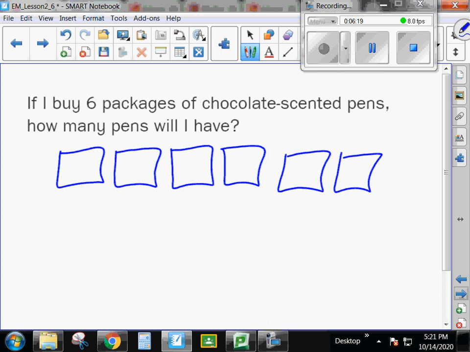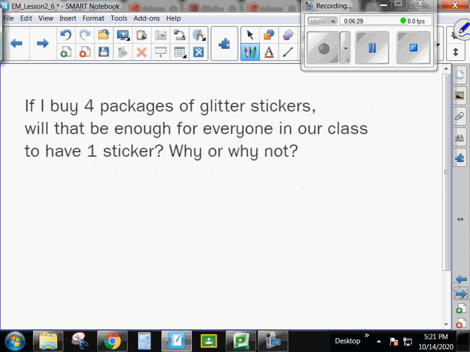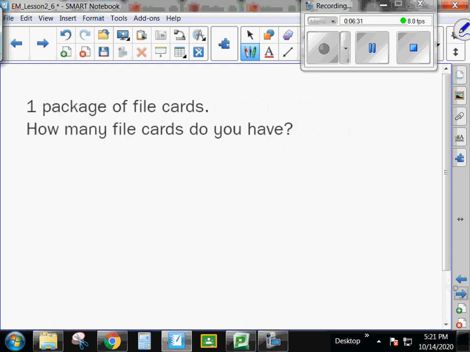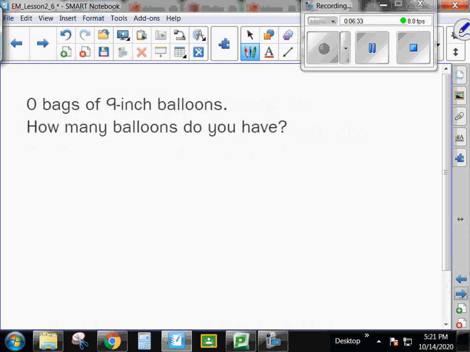Well, these are packages, right? What information am I missing? I don't know how many pens are in each package, do I? All right, so actually I need to go forward a couple pages here. Sorry about that, because I have this